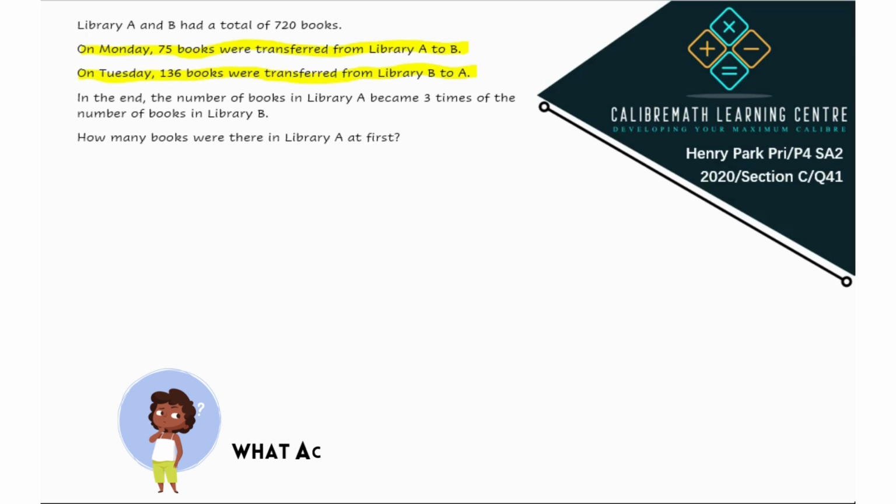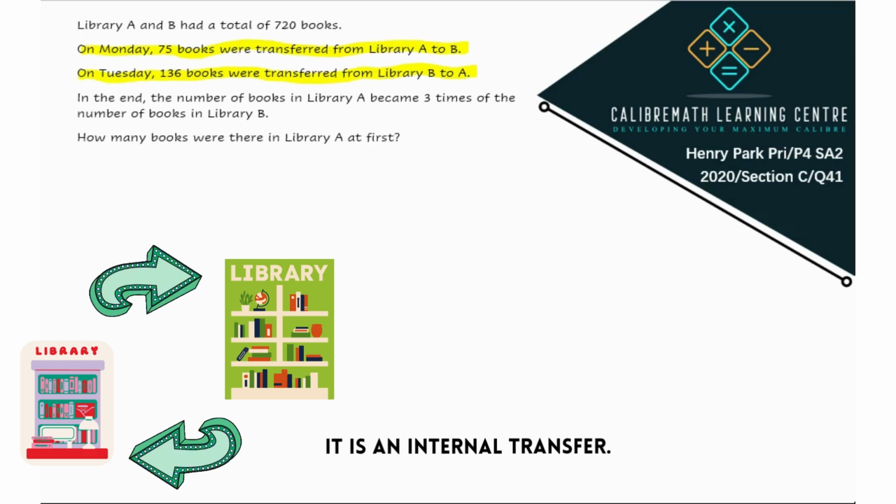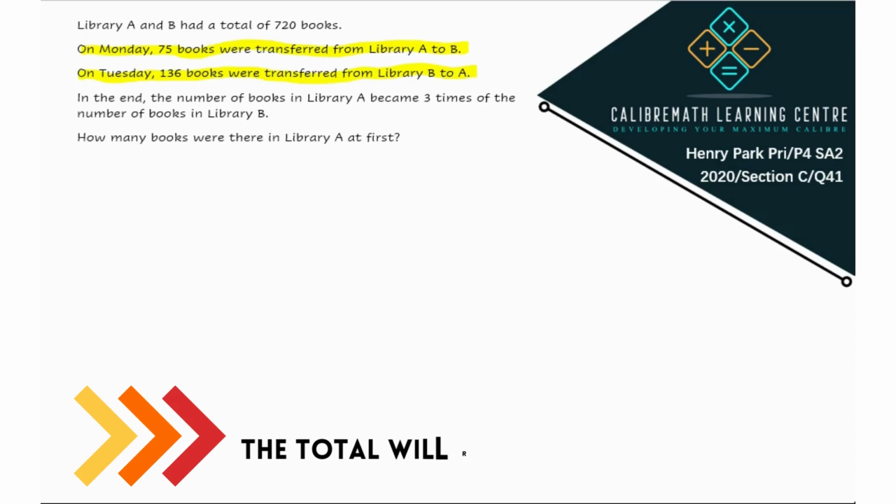Now, can you tell what is the action that is involved in these two sentences? It is an internal transfer. And so what do we know about internal transfers? The total will remain the same. So the strategy that we're using in this question here is the total remains the same. So regardless of how many transfers there are, the total number of books in the two libraries will still remain to be